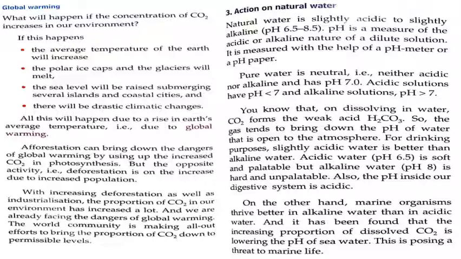If polar ice caps start melting, where will the wildlife that is living over there go? If the sea level starts rising, because if the glaciers melt, the sea level will rise, right? So several coastal cities, like in India we have a coastline, maybe several cities would be submerged in the sea. There will be drastic chemical changes.